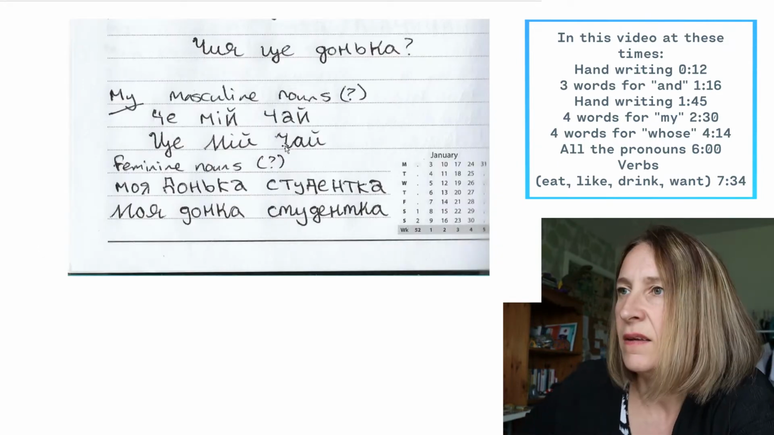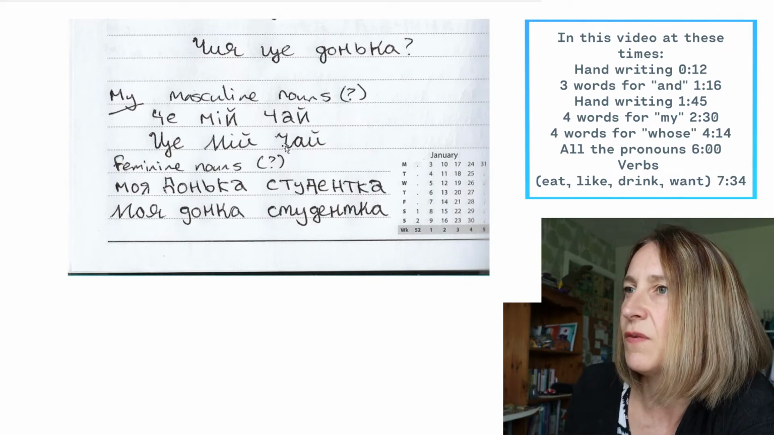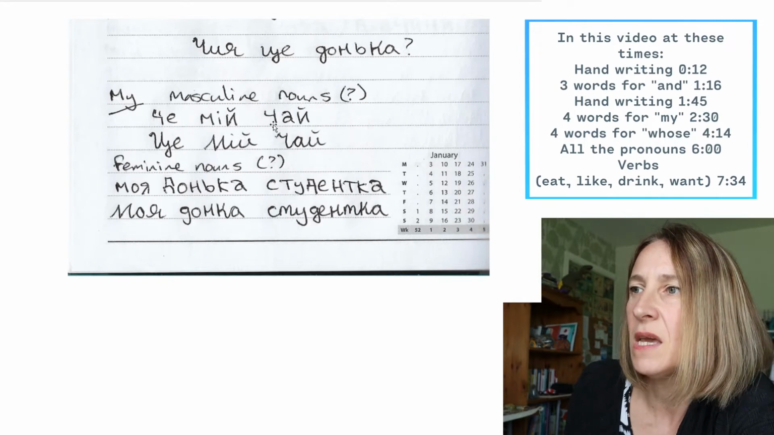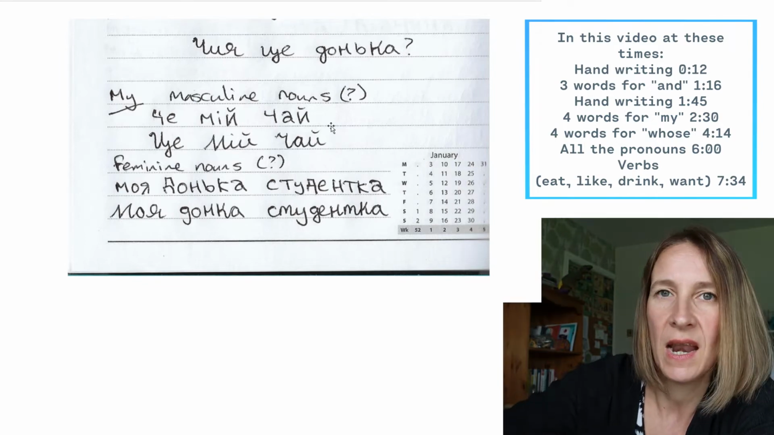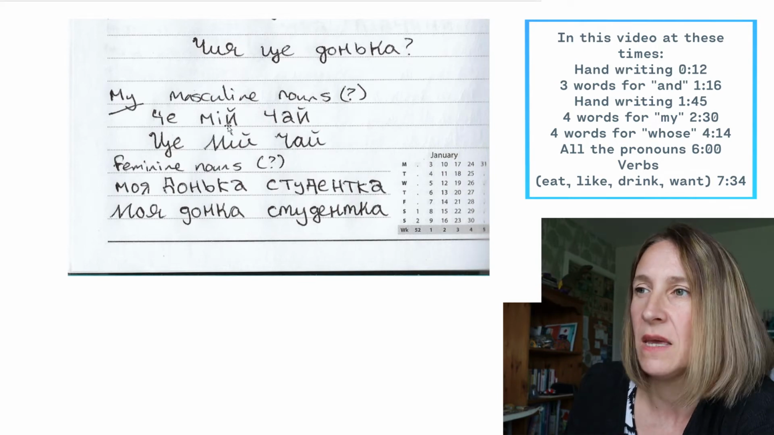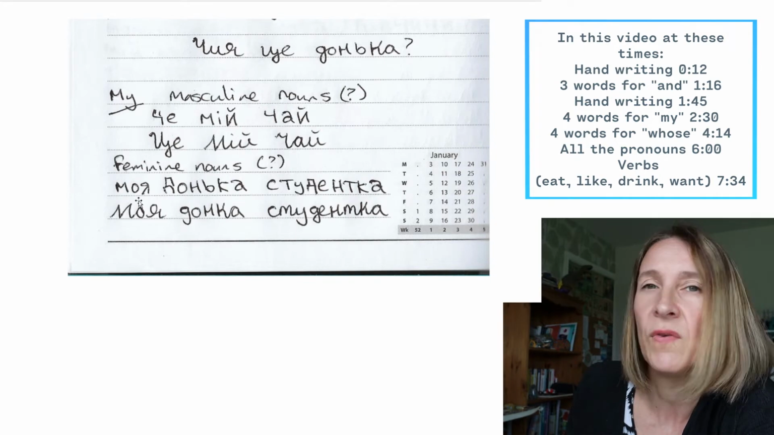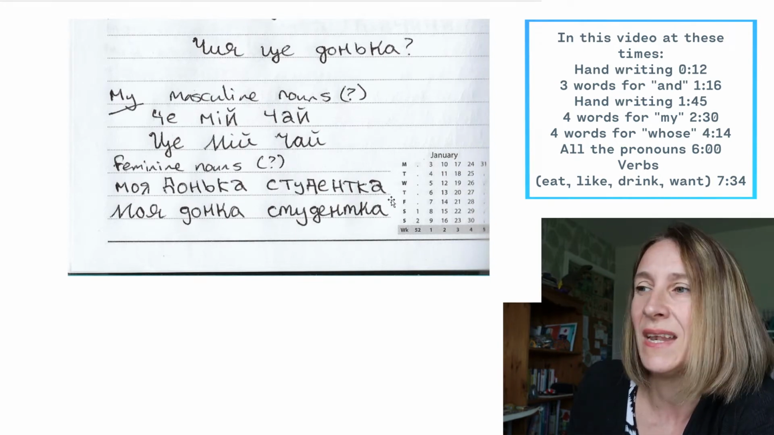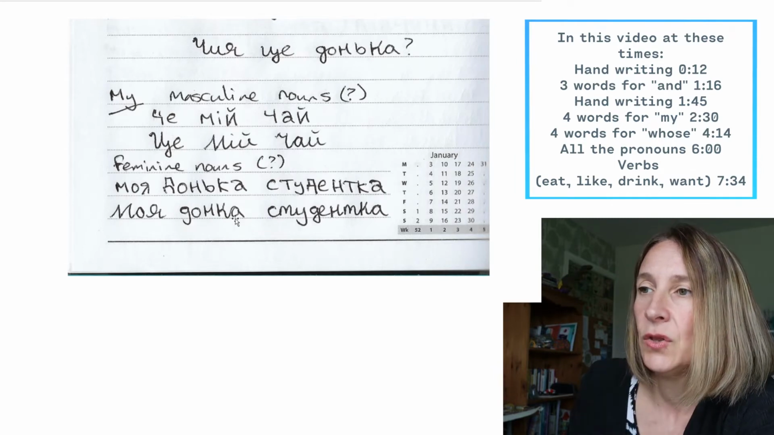So this is whose things are. We'll start with my, and I found that there were different words for my. So we've got tse, mi, chai. Tse, mi, chai. And I'm thinking that chai is a masculine word, and that's why we've got this word me. When we've got a feminine word, and I'm not sure, so that's why I put a question mark, when we've got a feminine word, we've got moya. Moja donka studentka. So my daughter is a student. Moja donka,